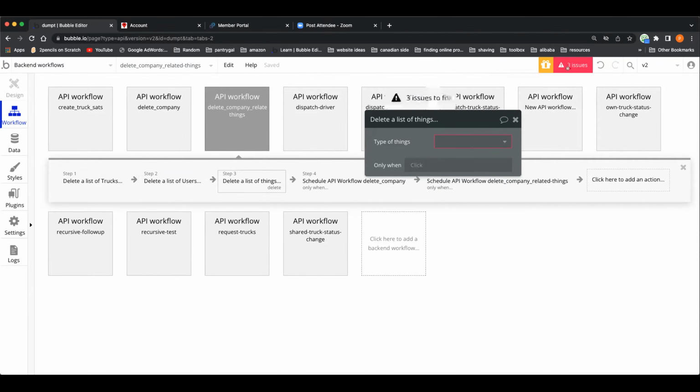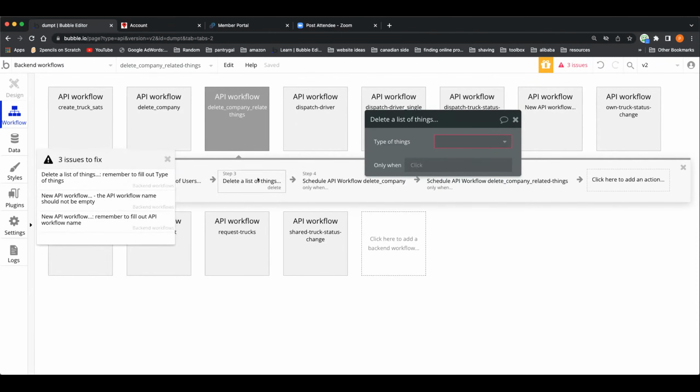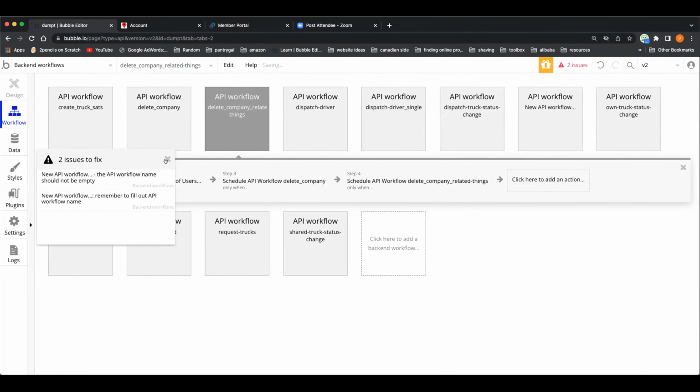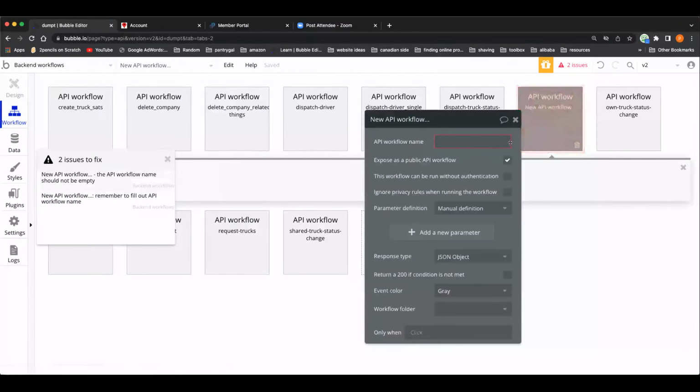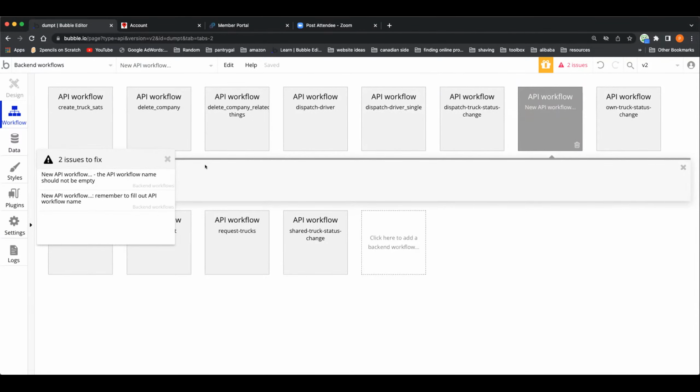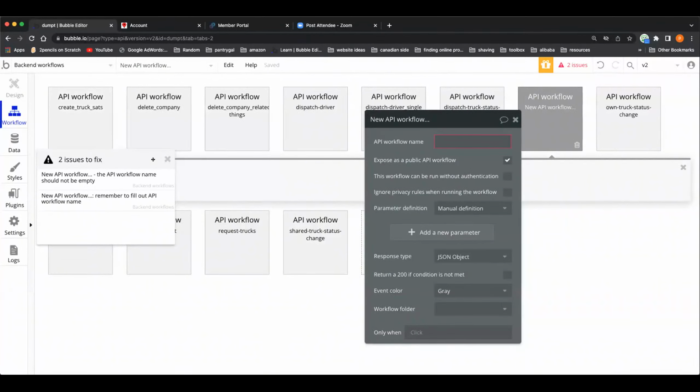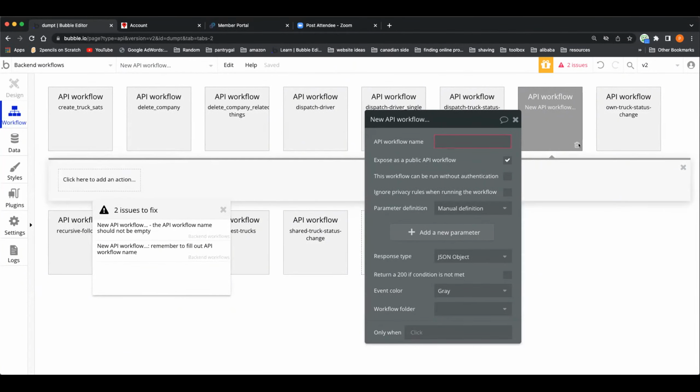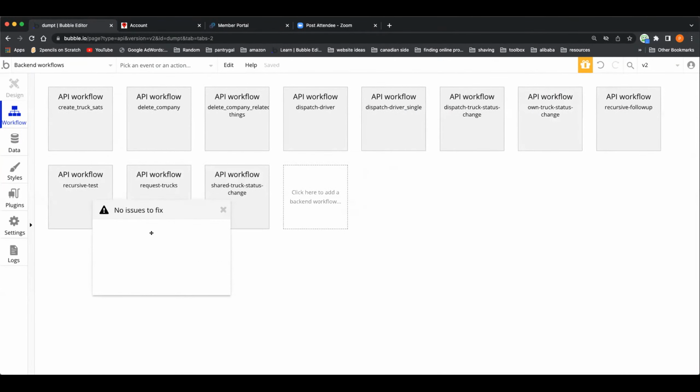Let me just fix these issues. I believe we can delete this and it should be fixed. Oh, you can just delete that one. It looks empty. I think we just accidentally made an empty workflow. This one is an empty one. Is it? Yeah. Okay. Yep. Okay, we have no issues. All right, so